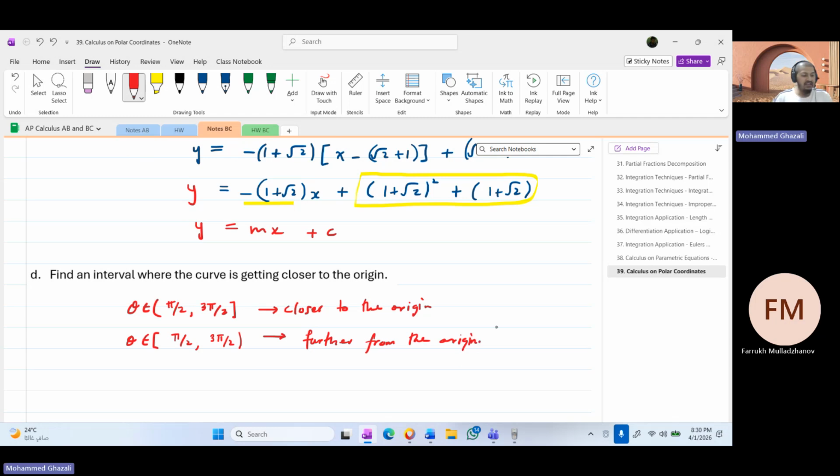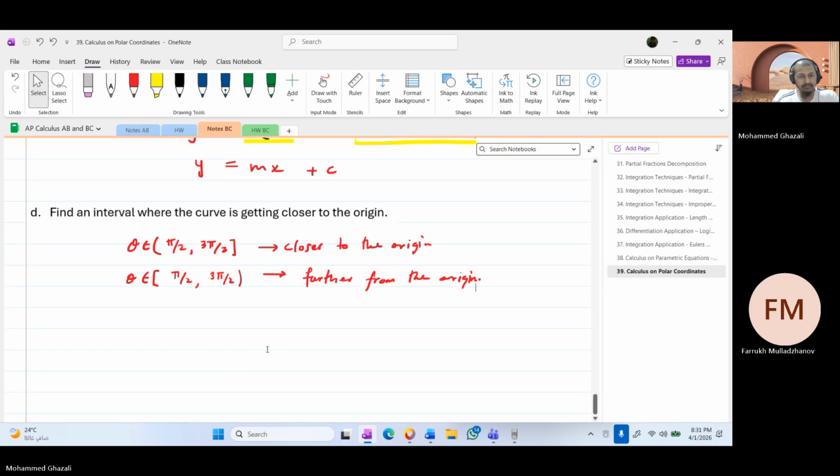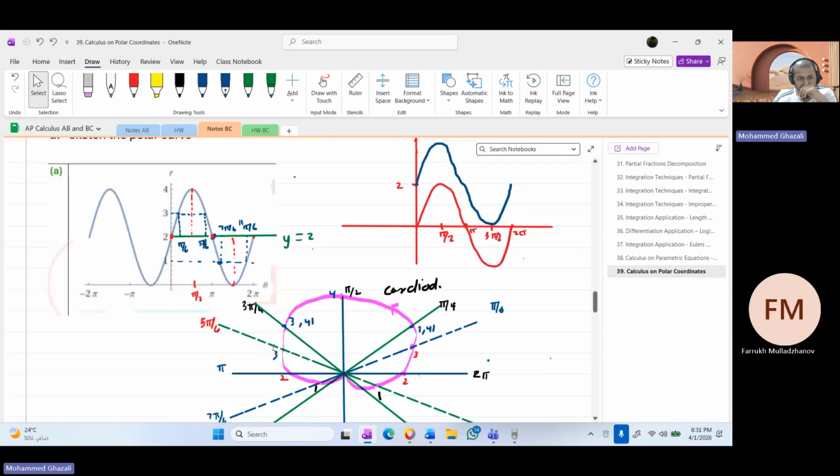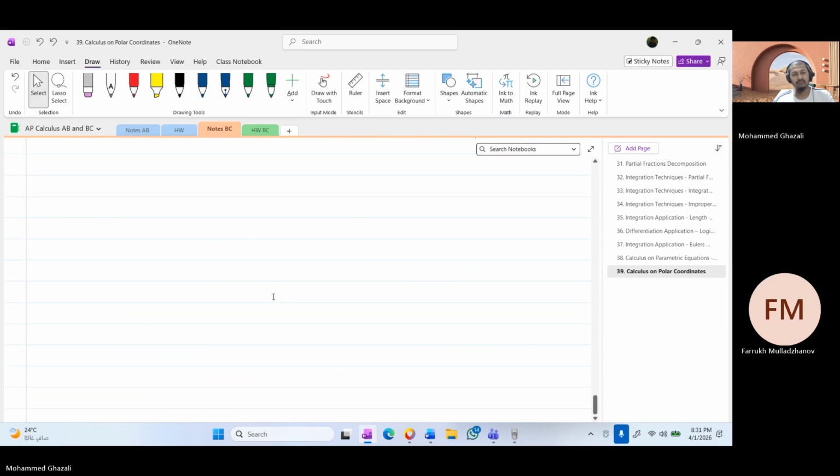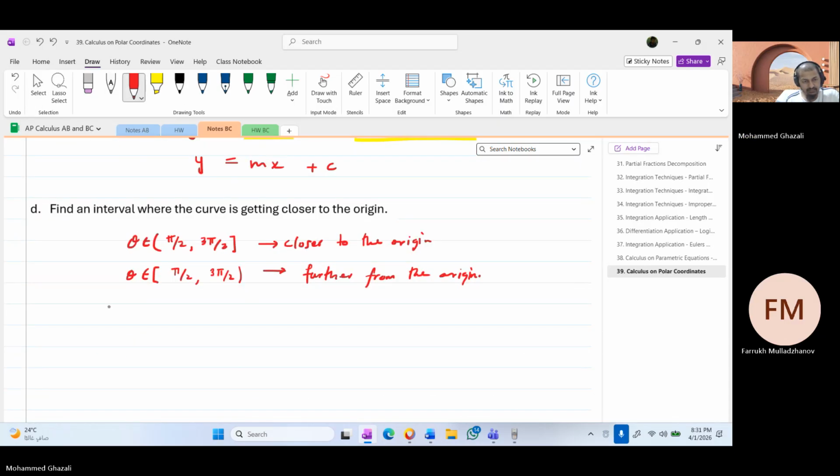Okay, right, that's one way to check if the graph is drawn. What if the graph wasn't drawn? What was the equation? The equation was: if r is positive, dr d theta must be positive. Right, so let's see. What is r? R of theta is basically 2 plus 2 sine theta, right? What is dr d theta? That's 2 cos theta, right? I need to solve 2 cos theta, which is